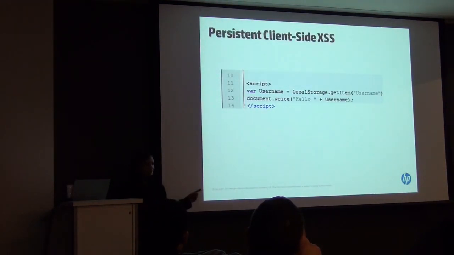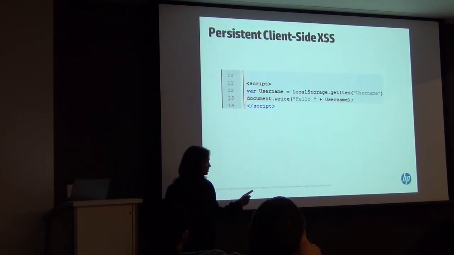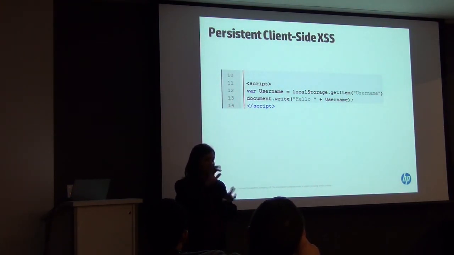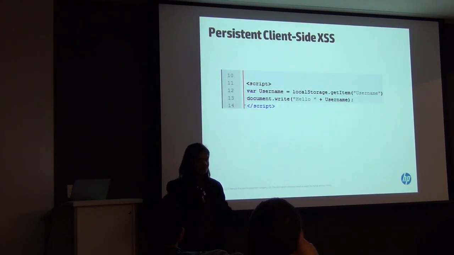Another thing that local storage introduces is a new kind of persistent cross-site scripting. Persistent cross-site scripting is something that gets stored in the database, and every time somebody tries to render the page using that data from the database, it gets extracted and rendered on the front side. So we secure it: every time the server sees something that looks like it includes JavaScript, it can sanitize it,